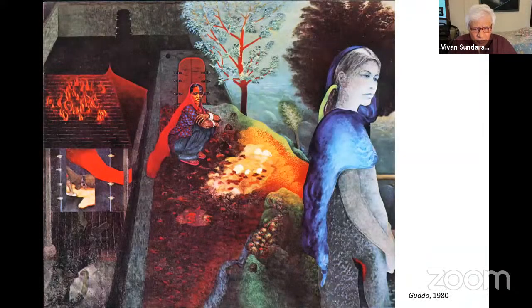This painting is called Guddo, of a young girl. And here there's a kind of cinematic element in this structure that you can see. Imagine a crane shot moving from below, going across and going into the left side through the wall,